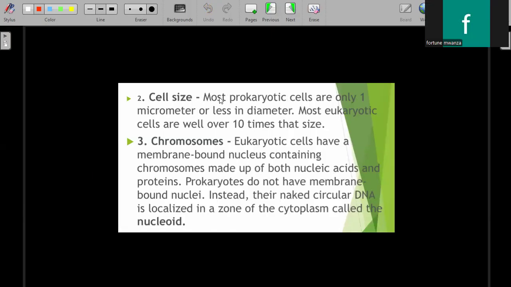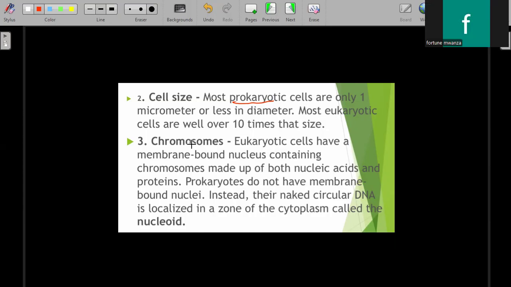Okay, so you notice that your eukaryotes are a bit larger, bigger than your prokaryotes. In terms of size, your prokaryotes are a bit small compared to the eukaryotes. Then in terms of the chromosomes,